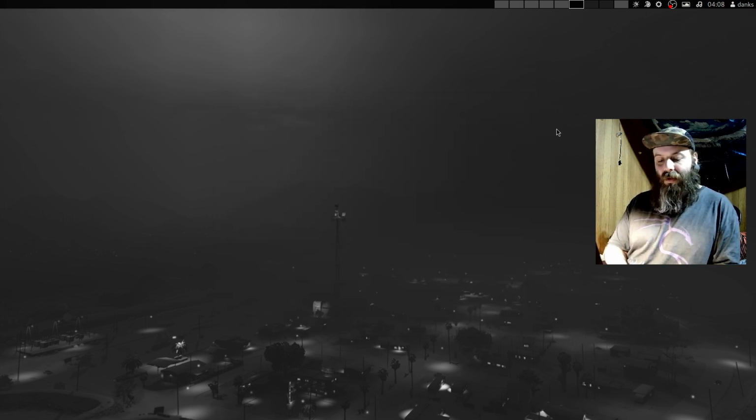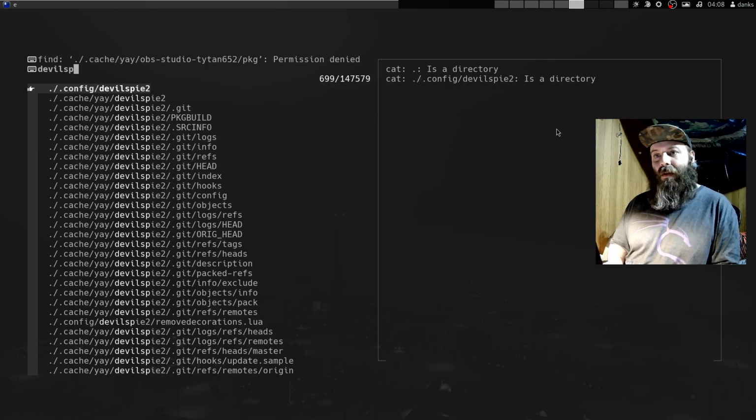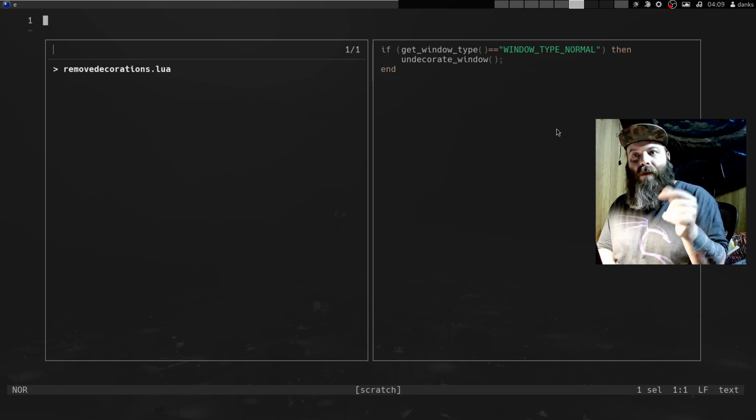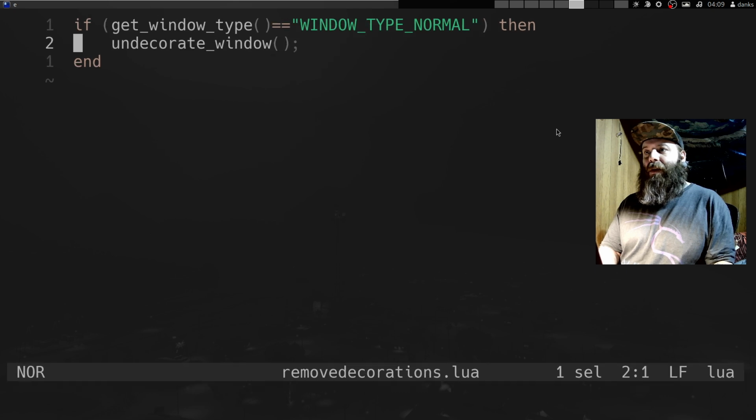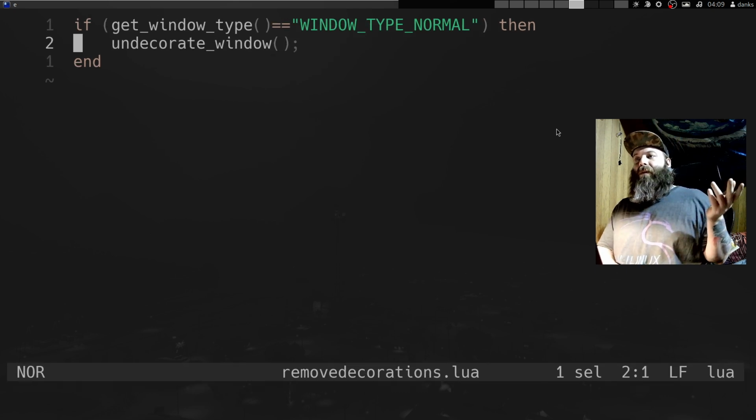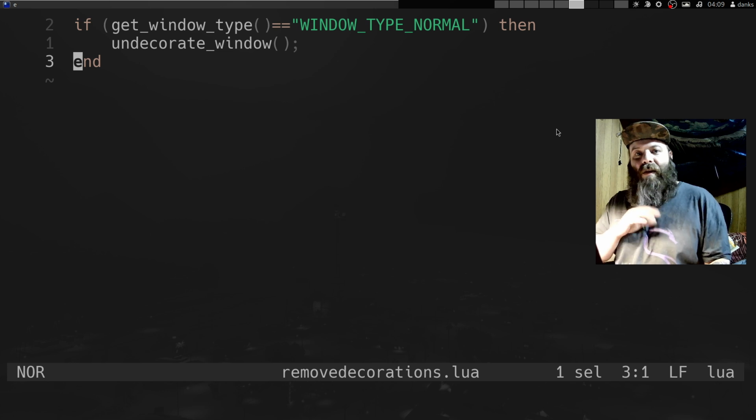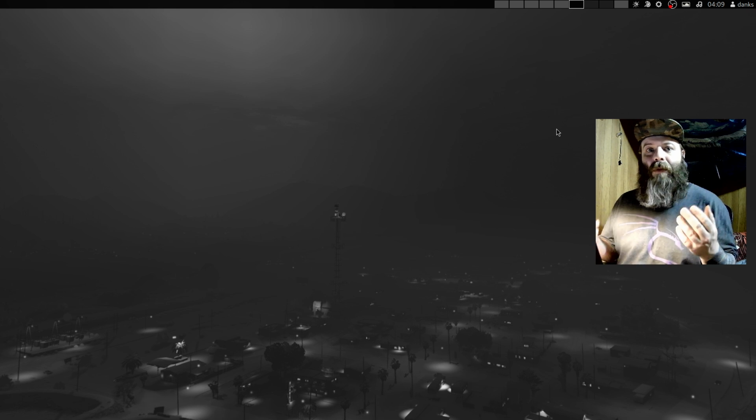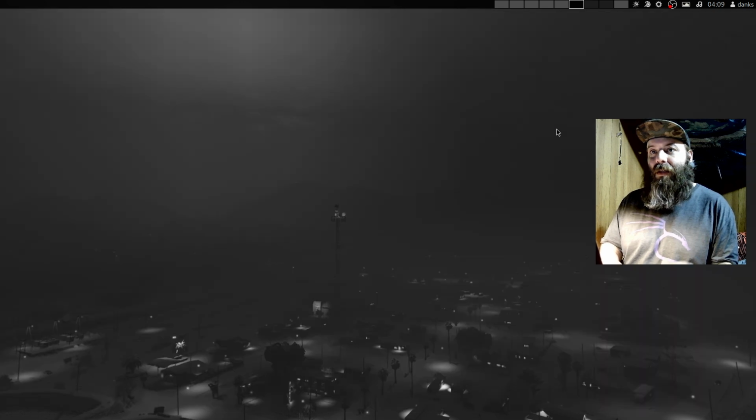And then basically, Devil's Pie, you got to make a file. You can name it whatever you want. This is remove decorations.lua. It's in Lua. And you needed these couple lines right here. We'll get it nice and big. So, if get window type, blah, blah, blah. You paste this in here, you save it. Every time that your session starts, it's going to start Devil's Pie and it's going to yank the window decorations off,